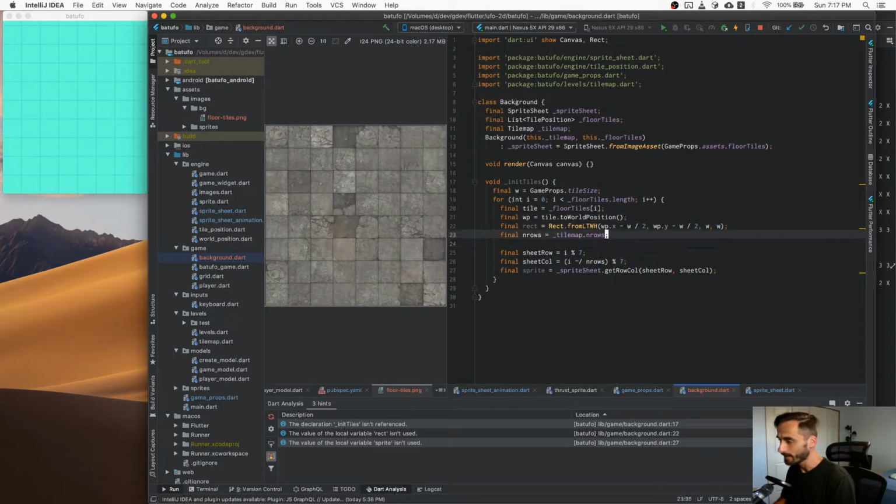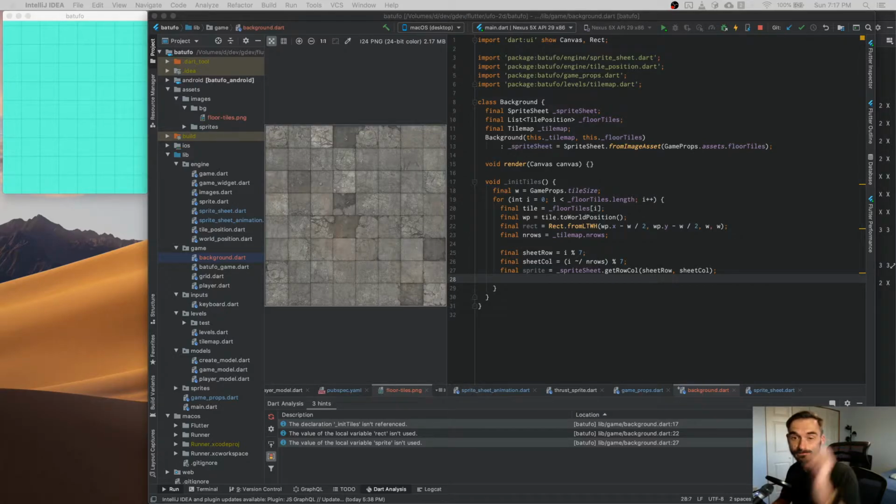So now we got the rect. So we got the sprite. So now we know where to render it. And so basically what we want to do, we create a background sprite from it that we can easily render. And the background sprite,